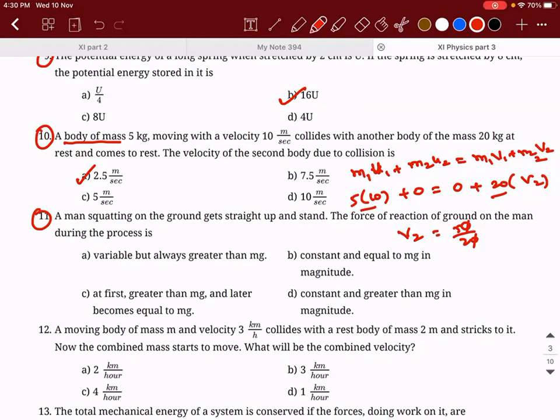Exactly. Or else you can say, you know what the squatting position is, right? When he is going to completely sit almost close to the ground, the center of gravity is shifted downwards. So more amount of weight will be there, so there is more normal reaction that needs to be applied. So the answer is this. When he becomes straight and stands, his weight will be balanced because the center of gravity shifts in the upward direction and it becomes mg.